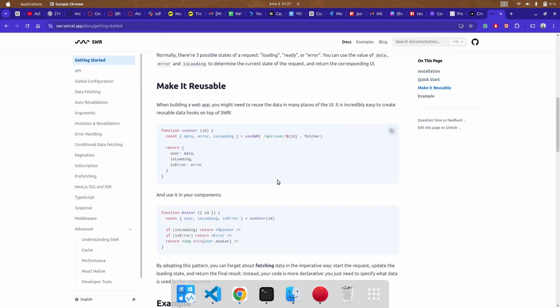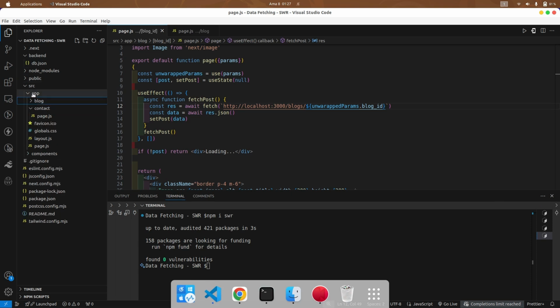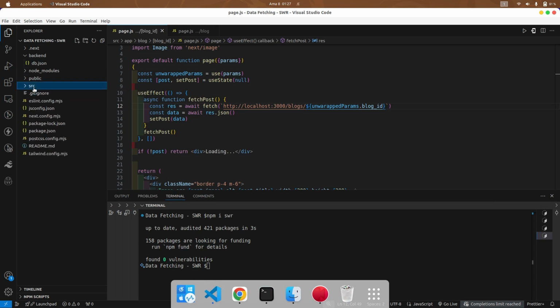Okay, so for me, I like making it reusable, right? So I will use this one. First of all, I will go to my source folder and create a new folder here. I will call it lib, and then inside here I will create a file. I can call it fetcher